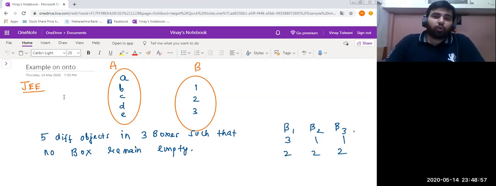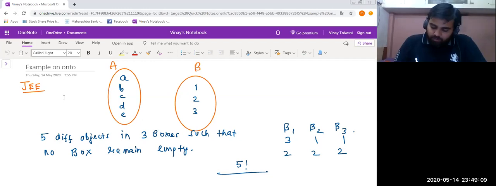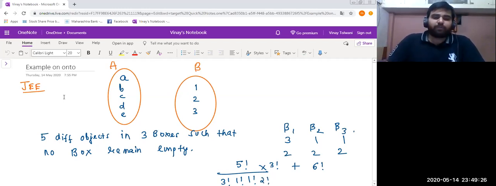And how can we perform the grouping over here? We can perform the grouping by using the formula: total number of objects is 5 factorial upon 3 factorial, 1 factorial, 1 factorial, into 2 factorial, into 3 factorial, plus 5 factorial upon 2 factorial, 2 factorial, 1 factorial, into 2 factorial, into 3 factorial.